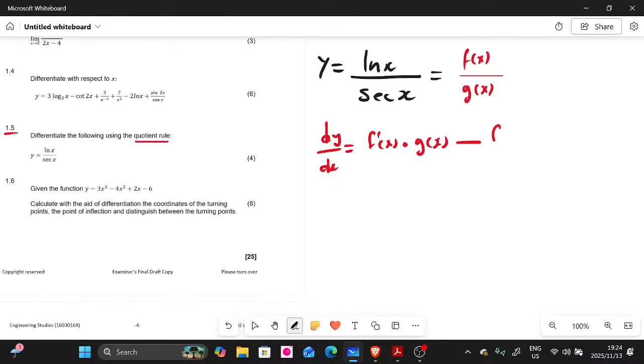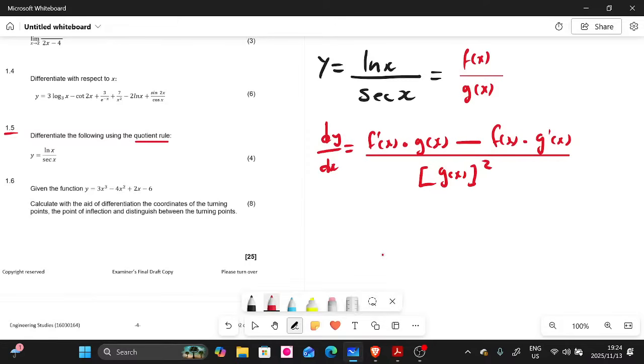And this time around, you leave f of x, the one on the numerator, and you derive g of x, so g of x prime. You derive the second term of the numerator: you leave f of x, you derive g of x. Don't swap these, guys. And then you divide by g of x, then you square it. That's exactly how you're supposed to do it. This is the formula that you're supposed to use. It's the same formula on your formula sheet, just in case you don't understand it.